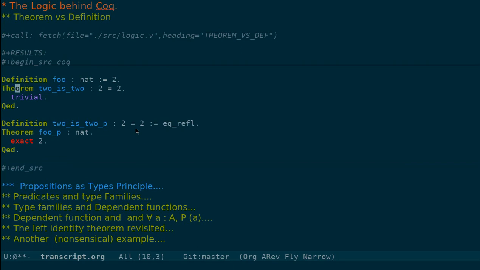You said Theorem, name of the theorem, colon, what is it that you want to prove, which is 2 equal to 2 in this case, and then we put a dot which said that we are now starting the proof. And this theorem is trivial, so you could just use a tactic called trivial and get rid of it. The point is that it looked like there are two kinds of things here. One is defining objects, and second is proving theorems.